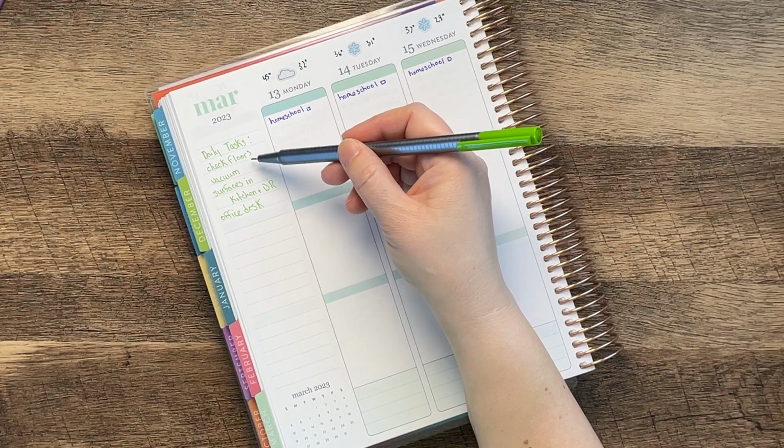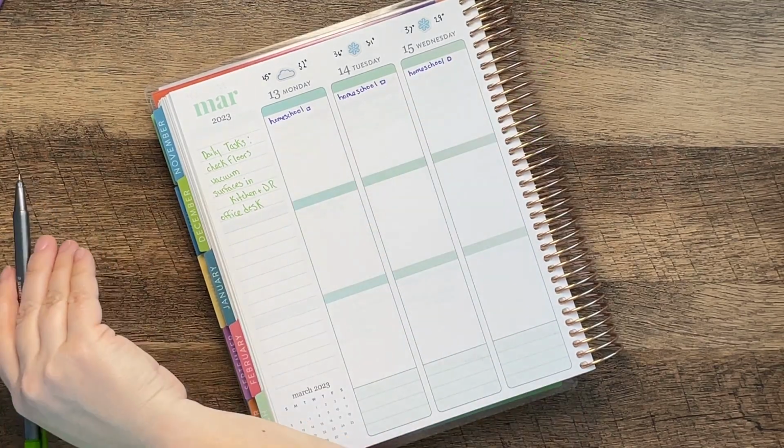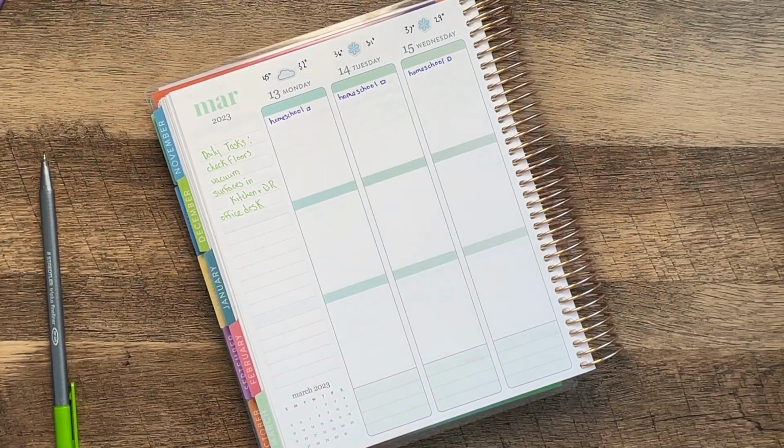These are done more in the morning. These are done more in the afternoon. So that's kind of where I am at the moment. Now, the next thing that I'm going to do is look at my kids' chores, because I print out a Google